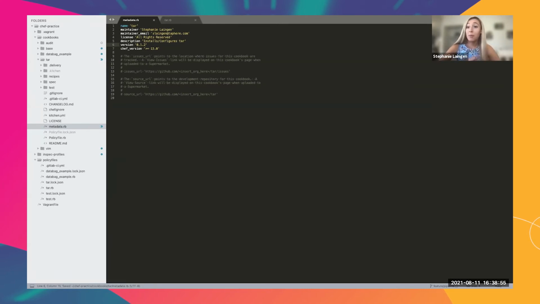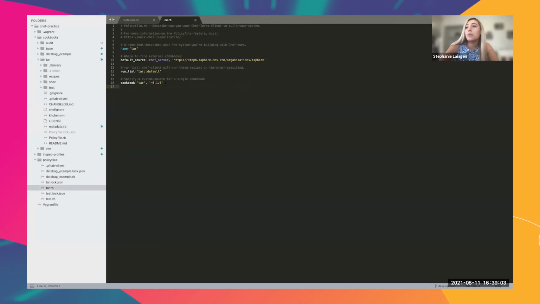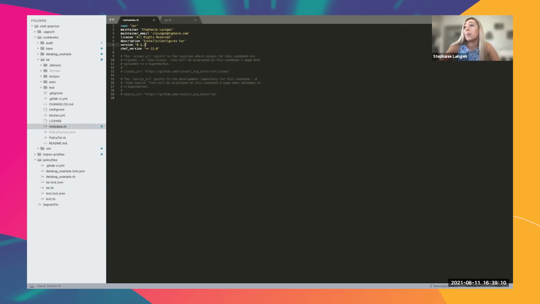And so you guys are aware, the policy file that I'm mostly concerned about is called TAR as well. And it uses loose version pinning to include that cookbook, which means that if I go from 0.1.1 to 0.1.2 and run chef update on my policy file, it will be able to pull in that new version of the cookbook if it's available on the Chef server because it fits within the range I've specified. So with that change made, I'm going to go ahead and add that and commit it.